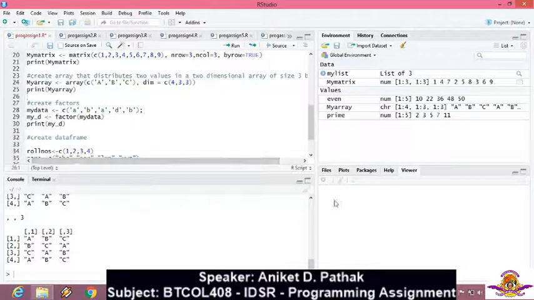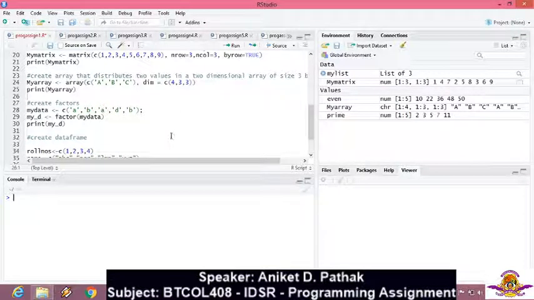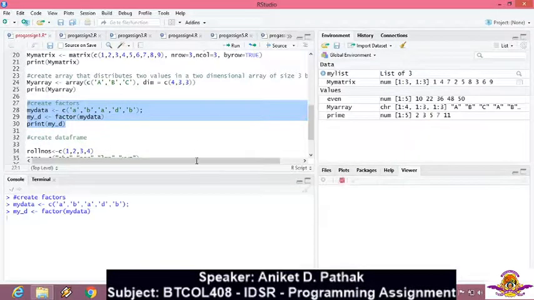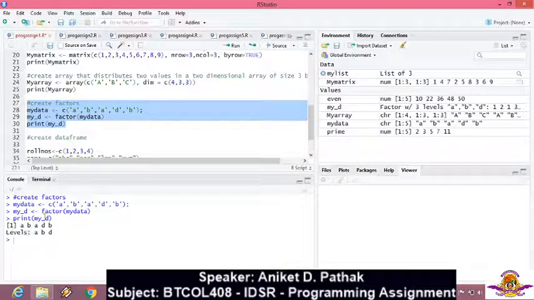The next data type is factors. So again I clear the console. Now factors are useful when you have data that belongs to categories, or data with repetitive elements. So for example, if you observe my vector over here, my data has A, B and D, these 3 elements. So what I am doing is factorizing my vector and trying to display it. Let's show you the output of this. When I execute it, if you observe, it is showing me that my data contains three distinct elements, that is A, B and D.